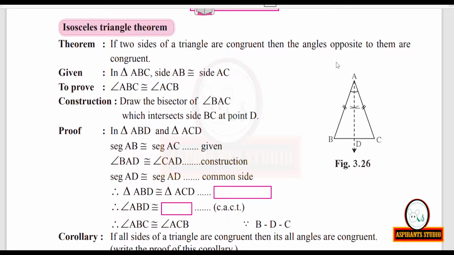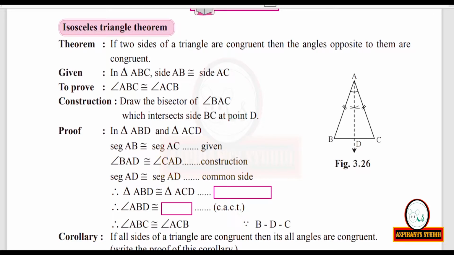Now we are making a construction here. We are drawing the bisector of angle BAC, which intersects side BC at point D. We want two triangles. We have to prove them to be congruent by a certain test of congruence. Then we will get the corresponding angles of congruent triangles. That will be the result. Okay, so first we got